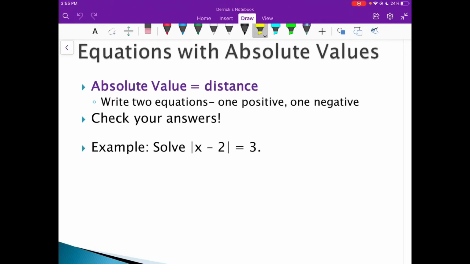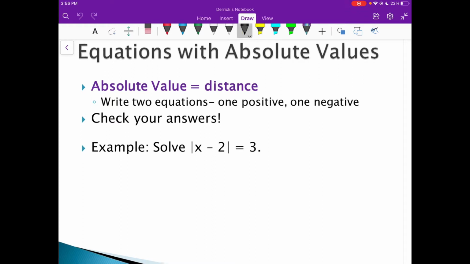This video is going to be about solving absolute value equations. The thing to understand with absolute value is that it is a measurement of distance. And so since absolute value is a measurement of distance, that means it will always be positive. Mathematically, we see that in that any number we take the absolute value of will always give us a positive